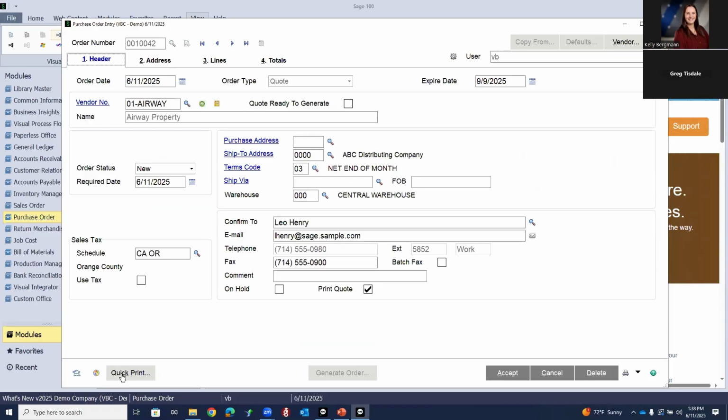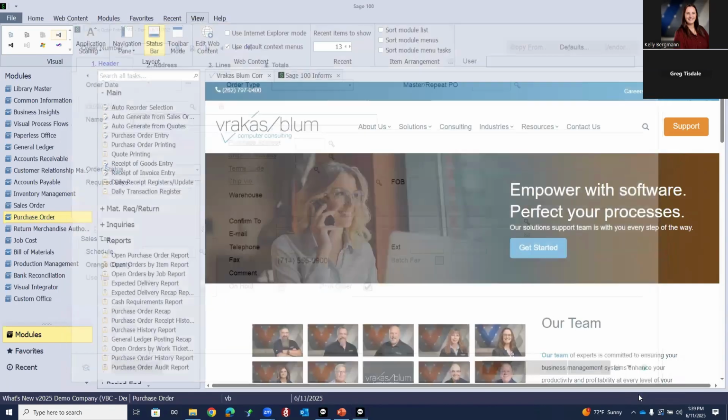Now there's a couple ways I can print this. I can quick print it, or I can print it as a range. Now, the printer icon that we would normally use for our range of purchase order printing doesn't print quotes. But if you notice, just to the right of that icon, there's a drop-down arrow. If I click that, you'll see I have an option to do purchase order printing or quote printing. So if I pull up quote printing,